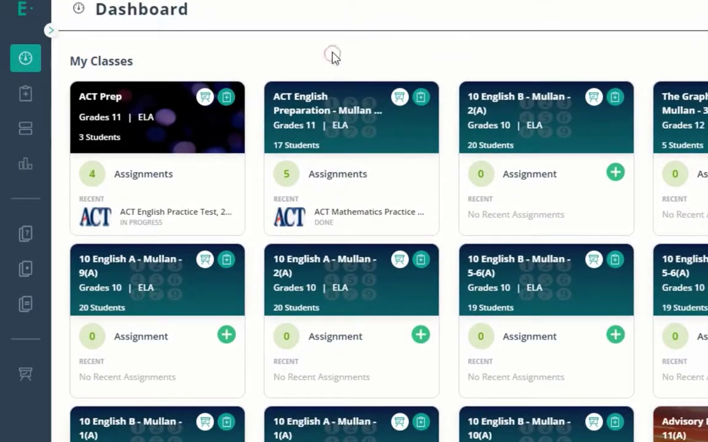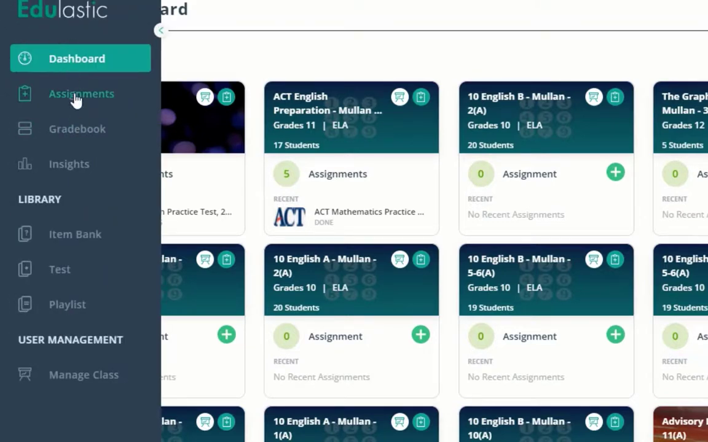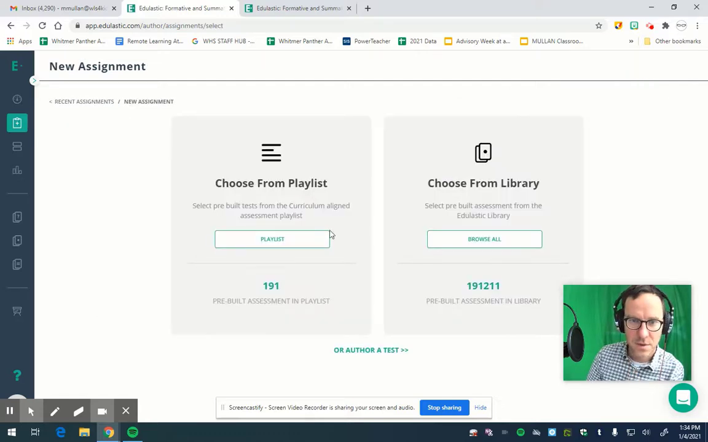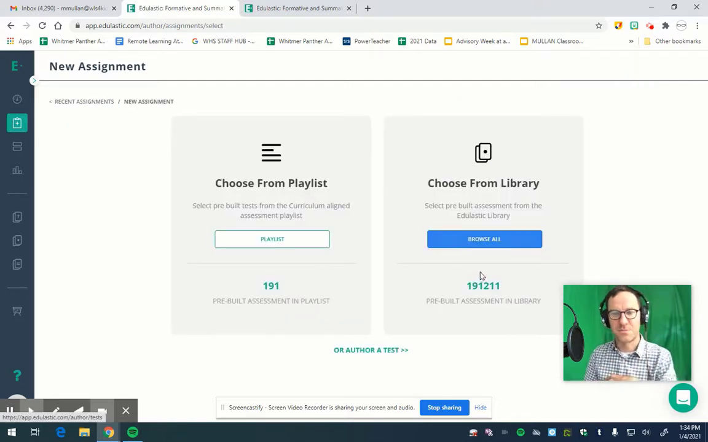All right, so if I want to assign something, over here is the dashboard, and if I expand this, you can see assignments, dashboard, assignments, gradebook, and so on. Let's click on assignments. These are all the things that I have actively assigned. If I click on new assignment up in the top right, and then choose from library, there's this massive library of